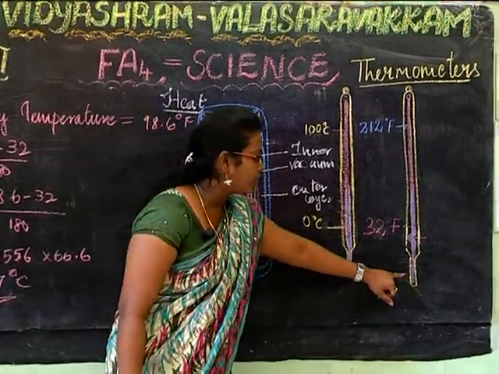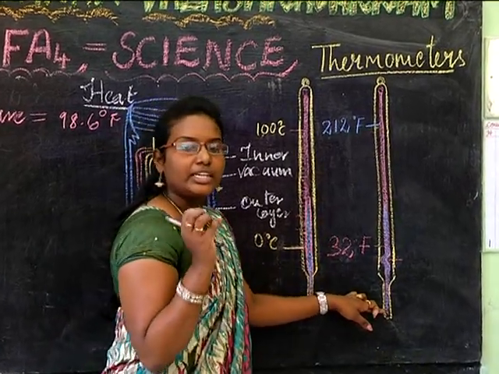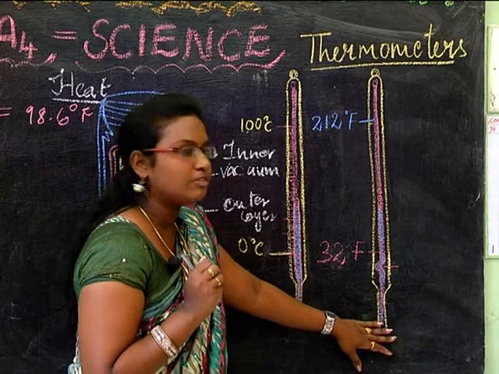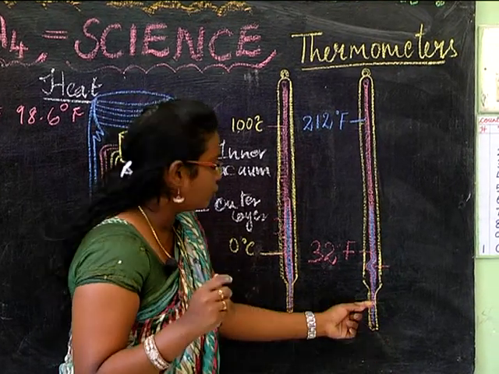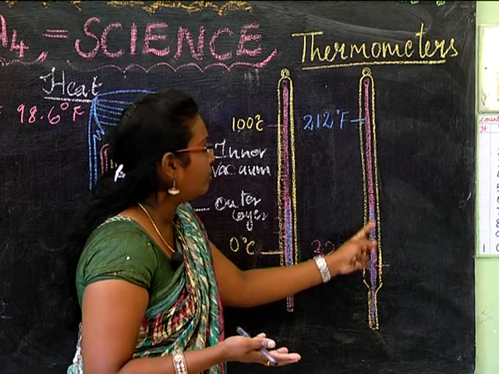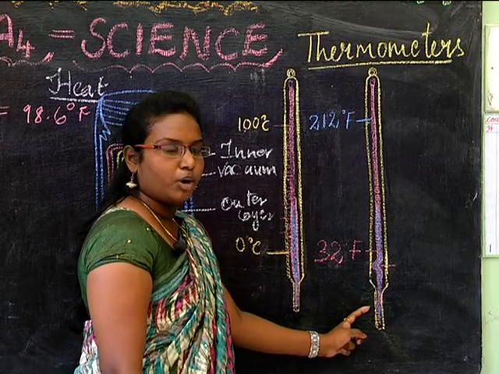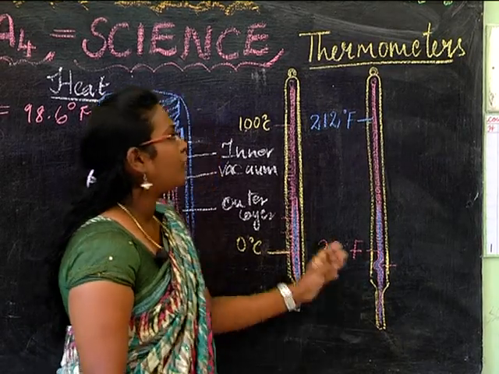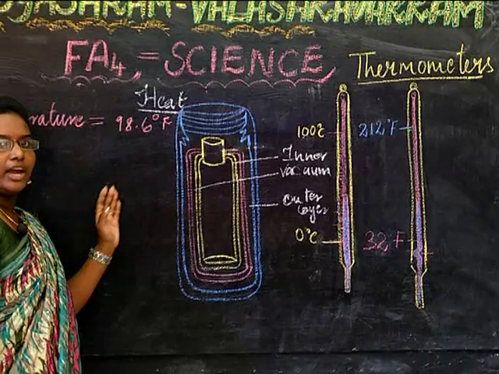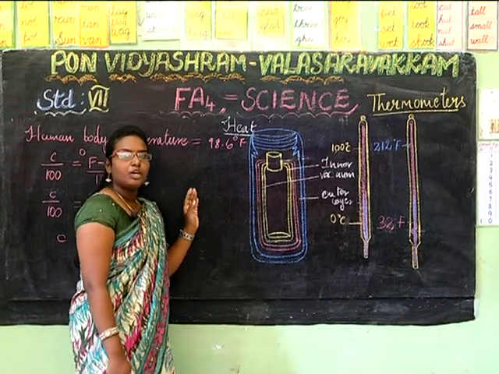So here we have mercury, as I told earlier. When the metal receives heat, it starts expanding, so it rises up. When it absorbs coldness, it just contracts down. This is the principle of the thermometer that we are using. So the topic of thermometer and heat is ended now, and now we'll start with a new concept called